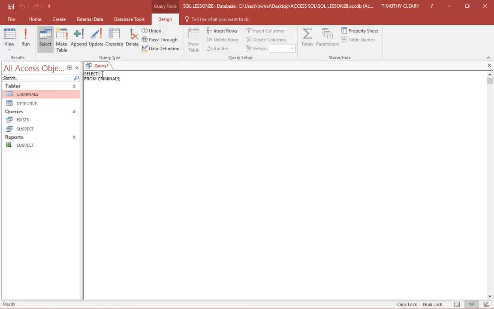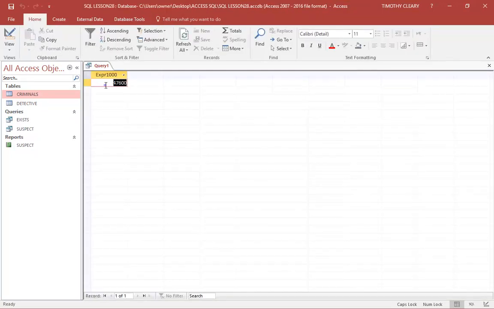That's been put in for us already. So I am, for example, going to type the word sum because we're using the sum function. Then open a curved bracket, and then type the name of the field that I want to sum, which is reward, and then close bracket. Let us now run this particular query. If I select run, we do in fact get a result of